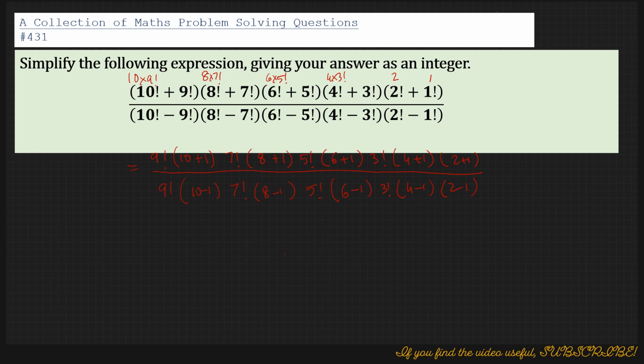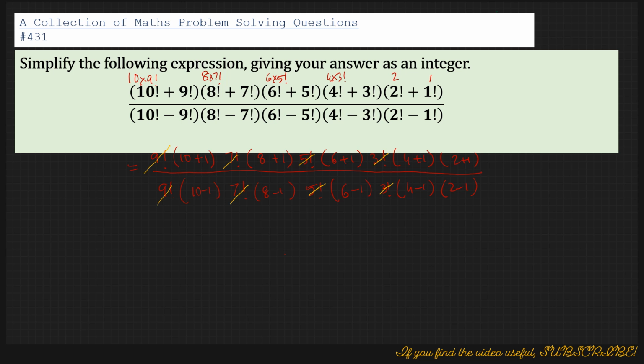So then you see we can do some cancelling. The factorial 9 and 9 are cancelled out. 7, 7, 5, 5, factorial 3, and of course 2 plus 1 is 3, and divided by